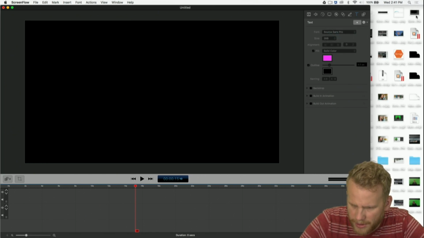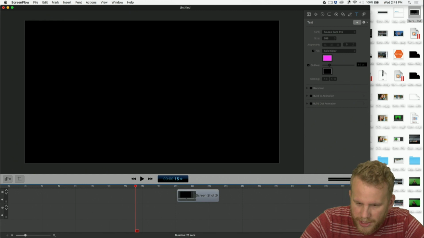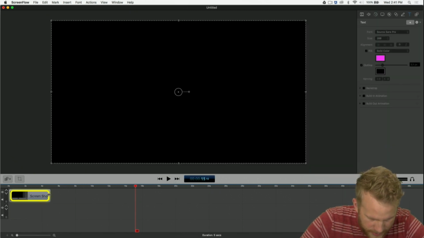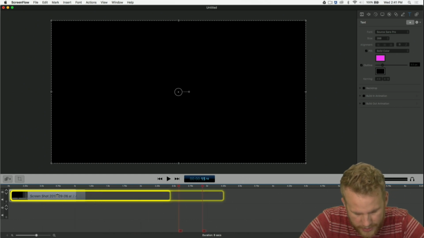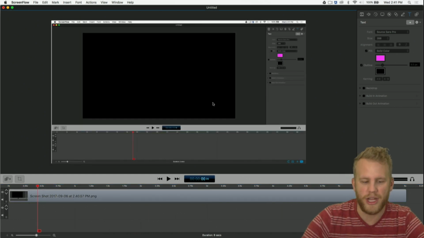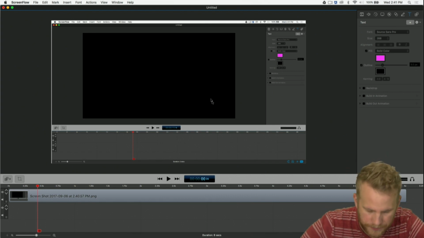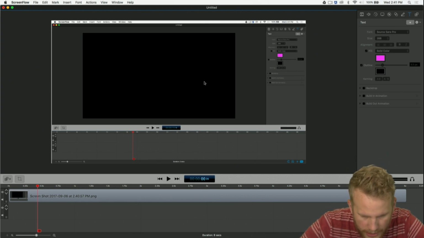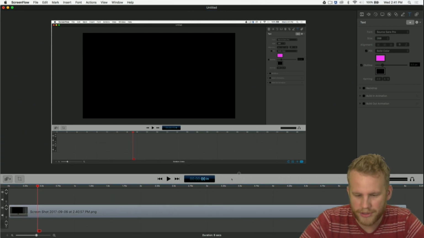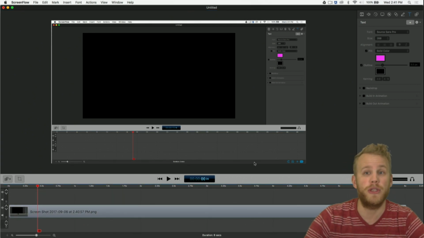And I'm going to have to show my desktop icons. And I'm going to pull that screenshot in. And then let's make it 6 seconds. Sounds about right. So what I have here is a screenshot of my ScreenFlow interface. And what I want to do is put in one of the videos that I made, I had this screenshot